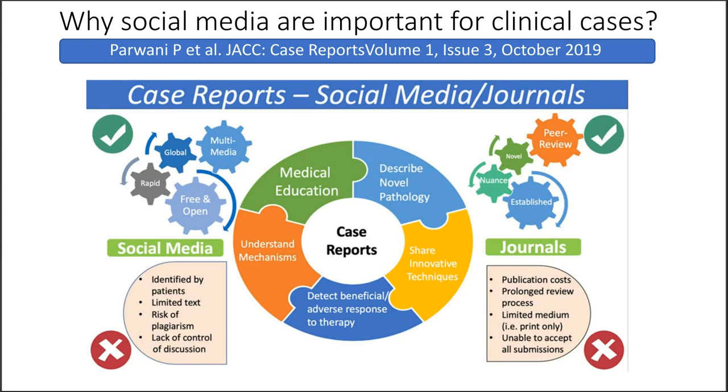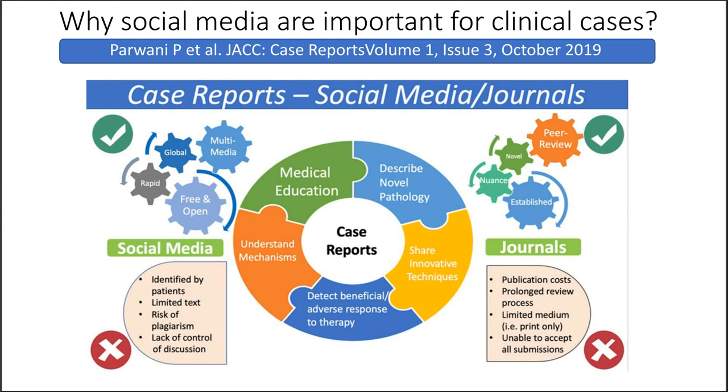So traditional publishing in a journal, there are publication costs. There is a review process. It's not always prolonged, but it is rigorous. It is a limited medium. Some journals remain print only. That's not true for any of the JACC journals. Some are online only, as you're aware, as is JACC Case Reports. And journals can't accept all submissions. So on the other hand, social media is